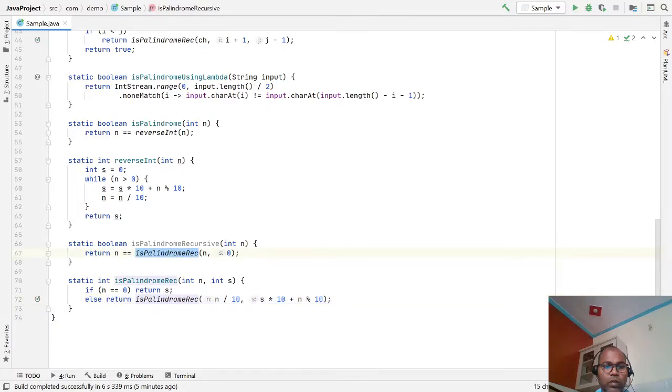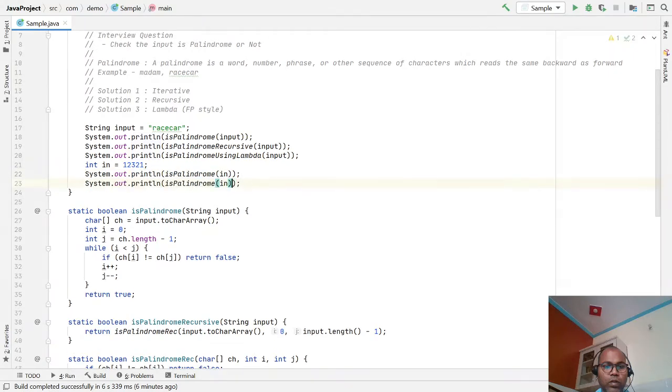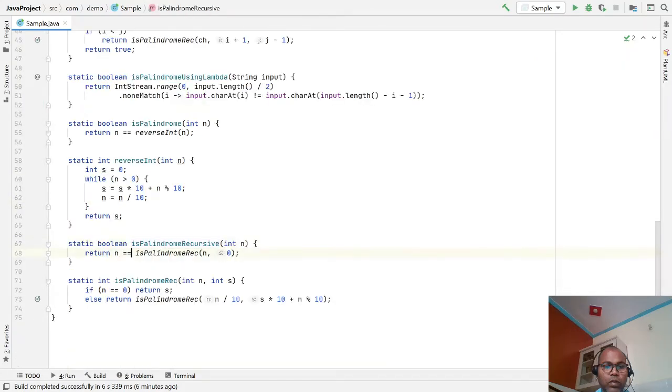So you can invoke the same recursive function. This is the recursive function. What you check is whether the reverse matches or not. How do you take a reverse of a palindrome using recursion? Just check number is 0, then s, then invoke the same function with number modulo 10.